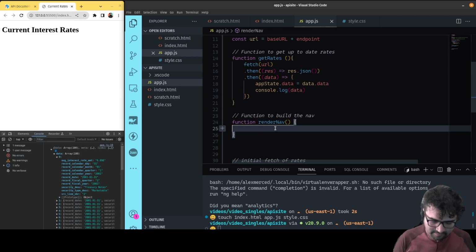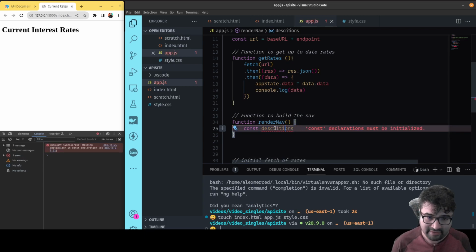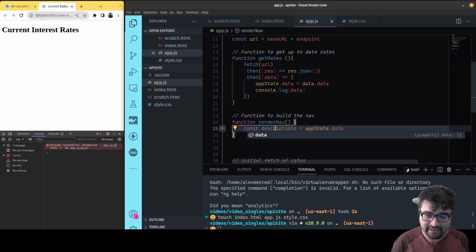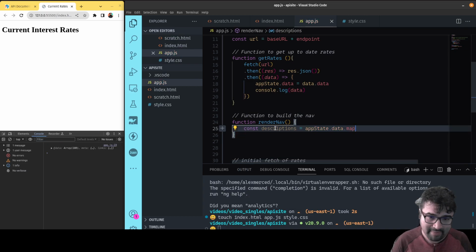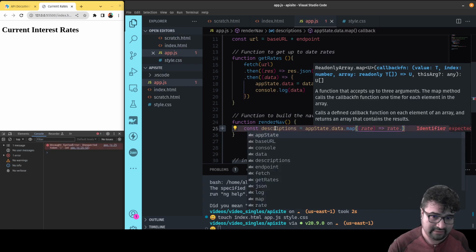Okay. So I'm going to use the map function. I'm going to map over this array and say, give me back an array of just the descriptions. So we're going to say const descriptions, I spelled that wrong. Descriptions equals app state dot data, because that should be the array, dot map. So I'm going to map over it. And for each rate, what I want to return is just the rate dot